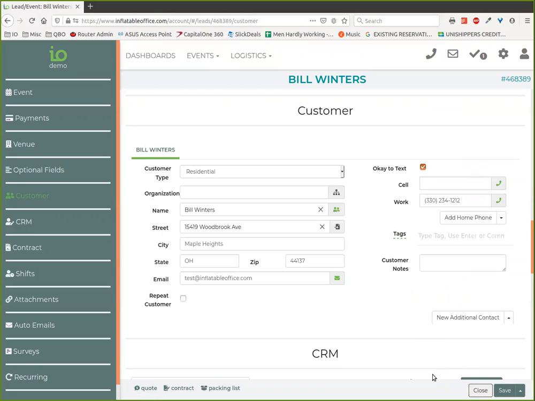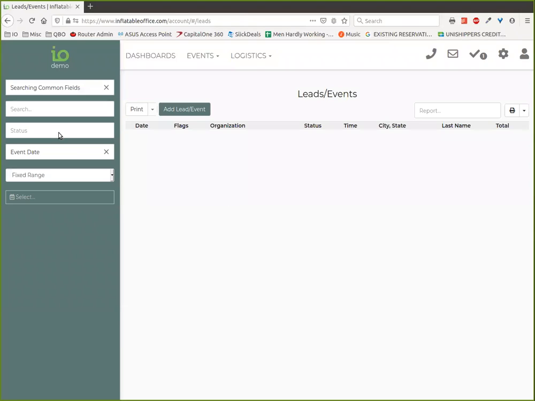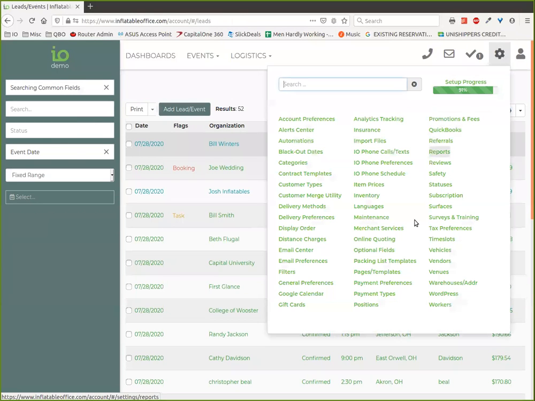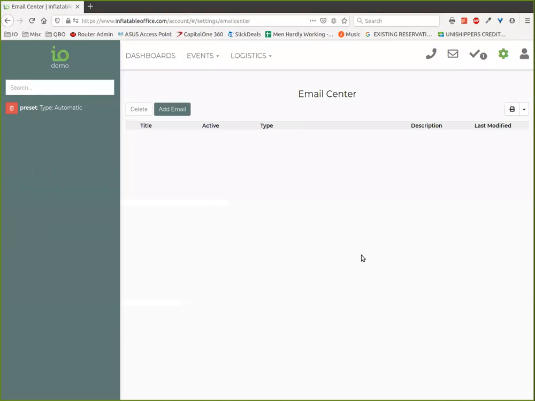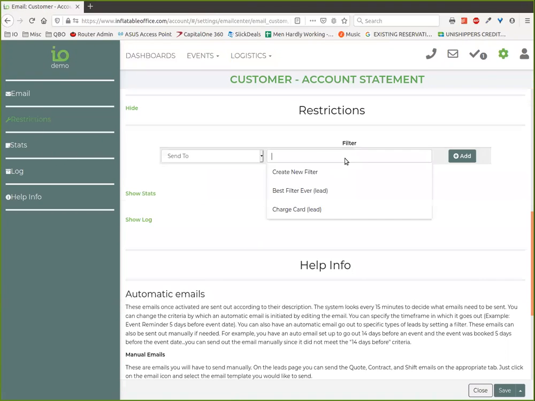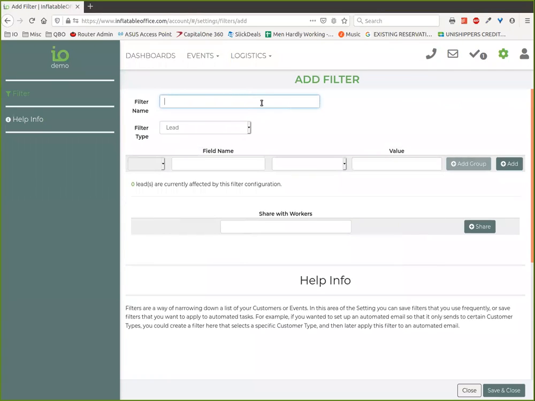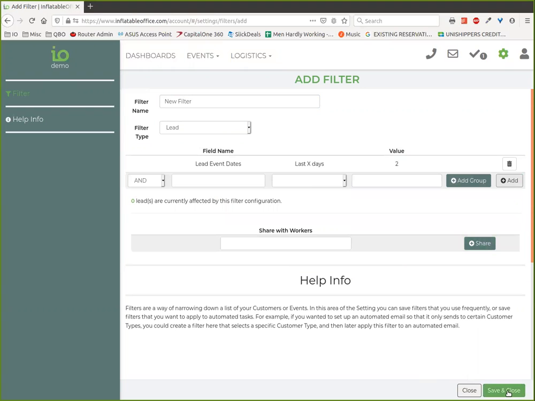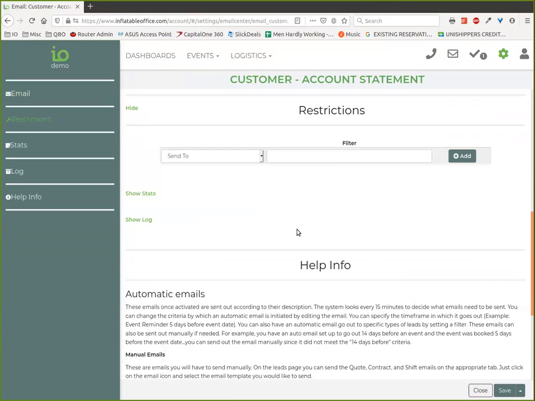Some of the cool things that we can now do because of that change are as follows. If we're over and we're working on our email center, and we want to apply some restrictions to this, and we look in here, we say, oh, the filter we want isn't in here. We can just click a new thing here called Create New Filter, and it'll allow us to name a filter and set it up. And I'm just going to try to do something really quick here. Doesn't make sense, and then when we save it, we're now back here and we can select the filter we just created. So you could then save that email center. I'm not going to do that, but